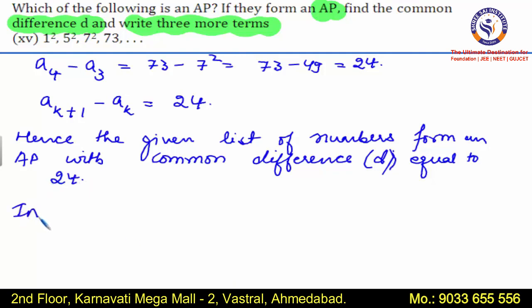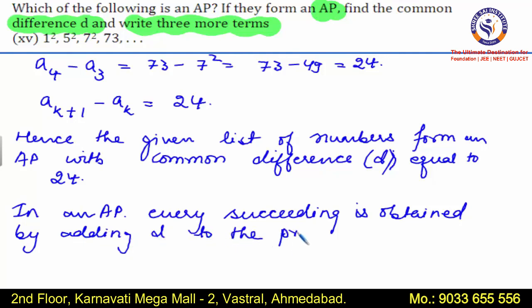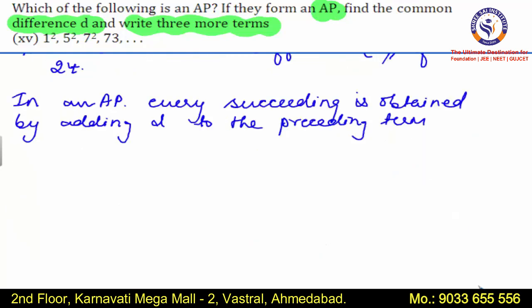Now we know that in an AP, every succeeding term can be obtained by adding the common difference d to the preceding term. That is, to find the fifth term, we will add the common difference to the fourth term, and the fourth term is 73. On adding 24 to 73, we get